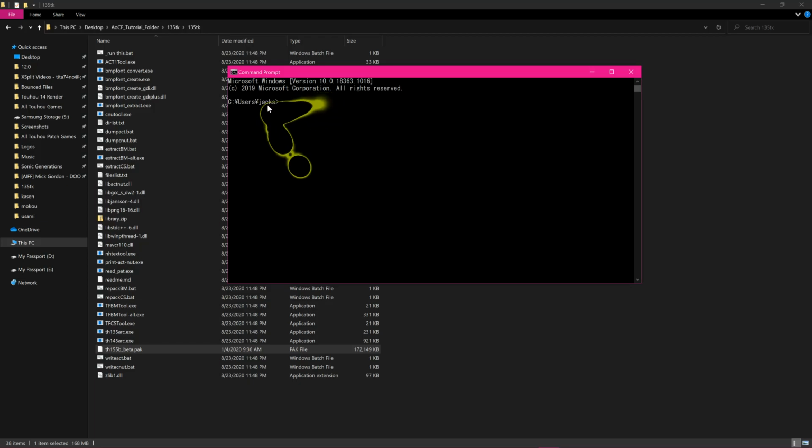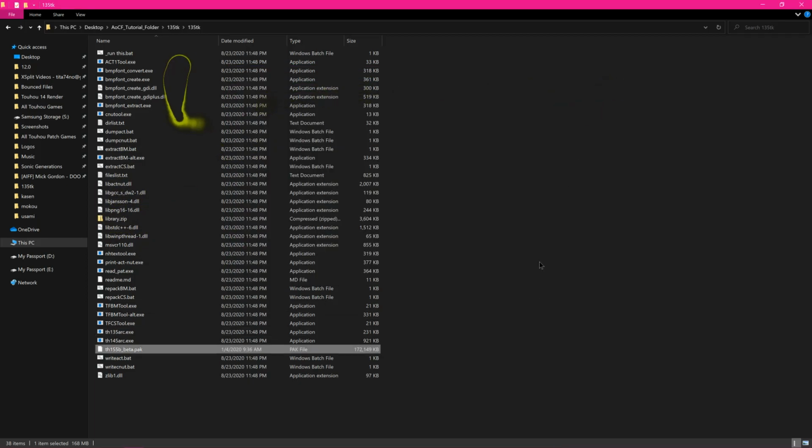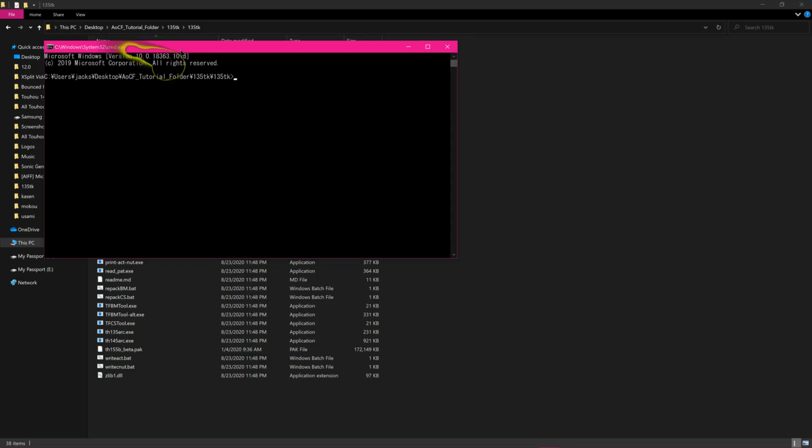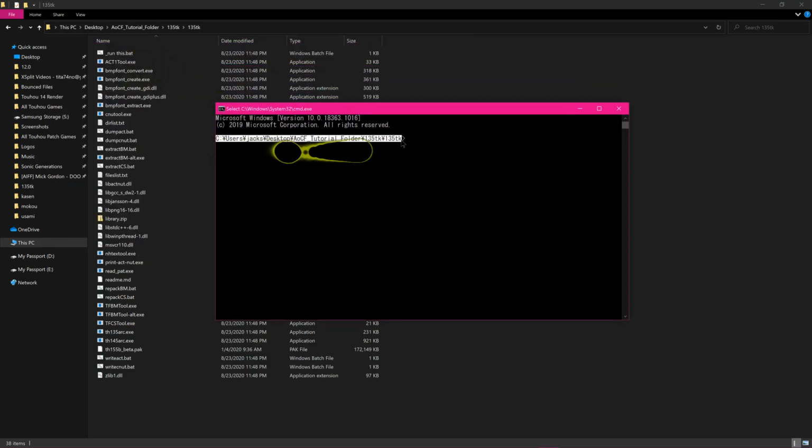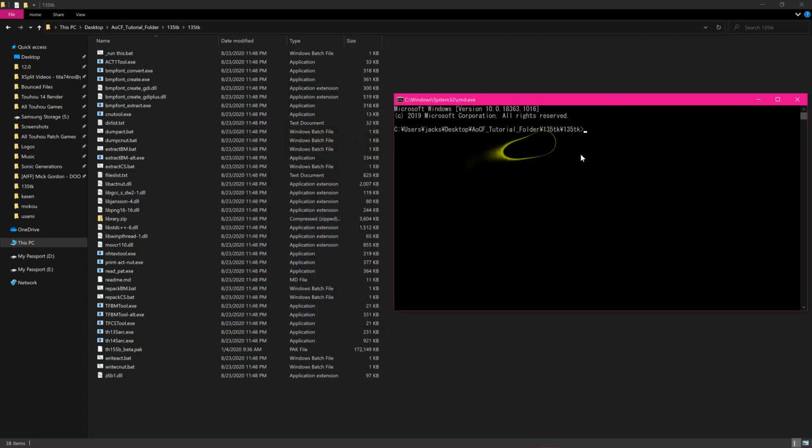So again, if you know how to link up to this specific folder, then go ahead and do that. But I personally didn't understand how to link it up, and so they gave me a very quick tip, which is just CMD up on the top, and there you go. And now you know this is linked up because it says right here that it's on desktop, AoCF tutorial, 13.5TK, 13.5TK. Alrighty, so we are in the actual folder right now, and anything we type in here will use this one right here. So the first thing we want to do is unpack the